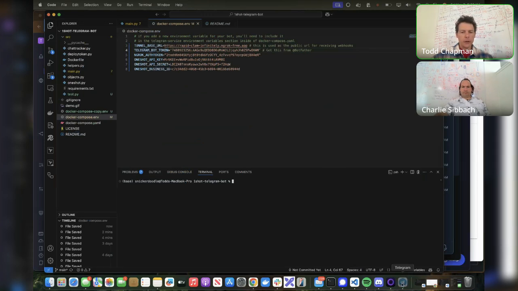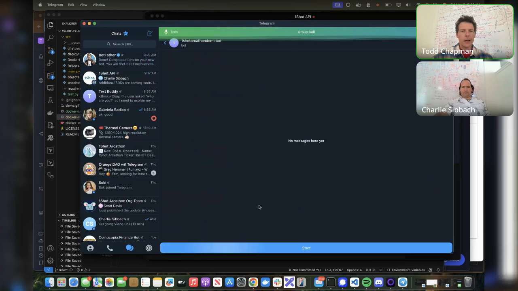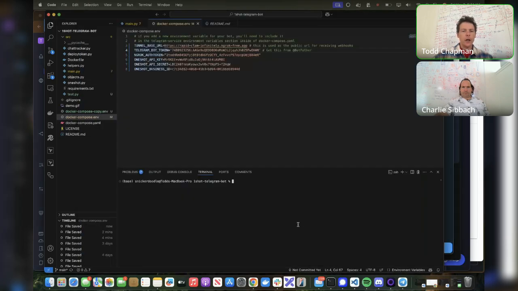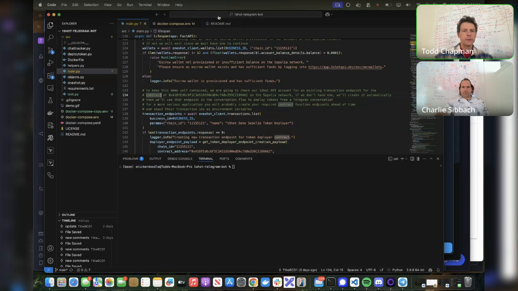Come back here real quick. Let's start a conversation with our demo bot. So now this would be the chat where I could talk with the bot that I just created with the BotFather. We're going to come back here in just a second. We're now ready to spin up our example repository. So if we come back to the README,